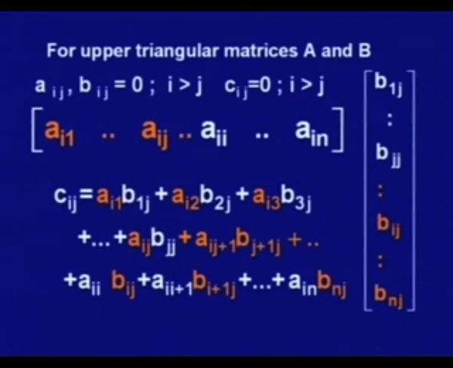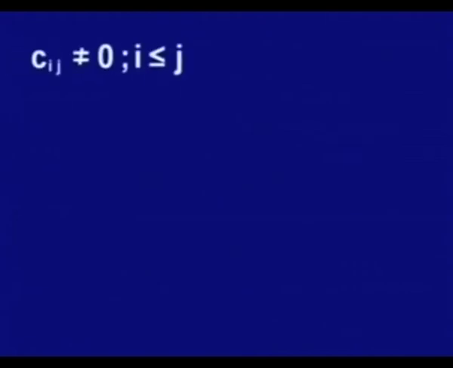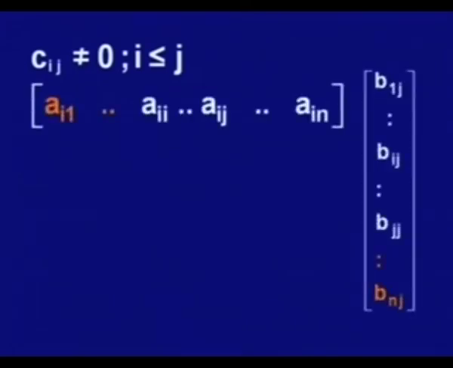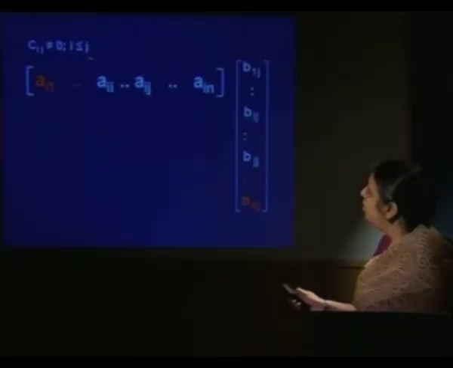Now, we have to prove that on the upper triangle all the elements need not be 0. So, for this purpose, to show that the element Cij appearing on the upper side of the diagonal is not 0 whenever i is less than or equal to j, we consider this element Cij whenever i is less than or equal to j. Here, one may notice that Aii comes first, then Aij, because i is less than or equal to j.